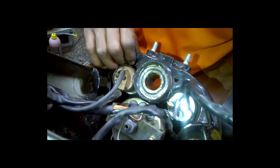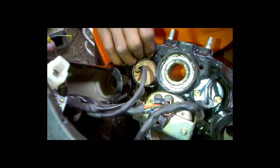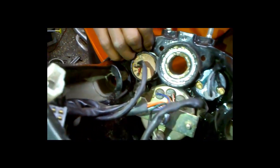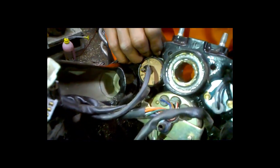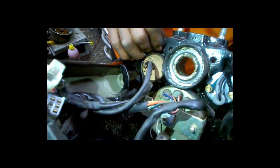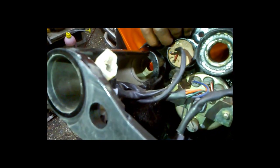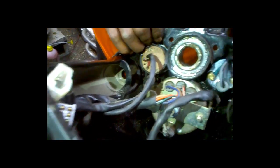This is a very tedious job because this is an aluminum casting, so it may get damaged while fitting this upper cone, so you have to be very careful. I'll show you how to do that. So first I'll remove this upper cone, and to do that you will have to basically use the